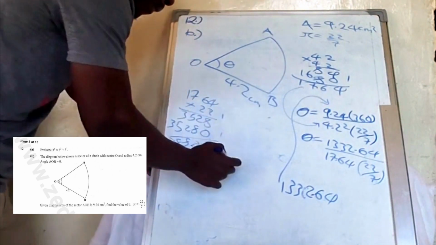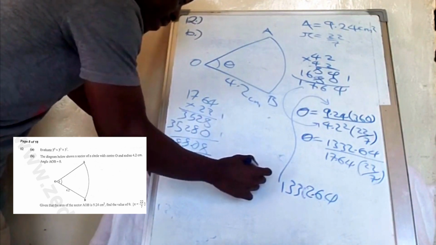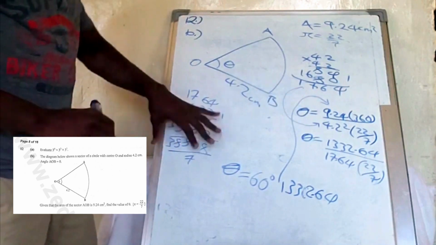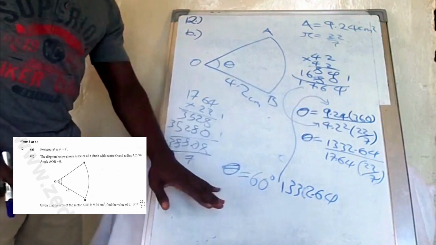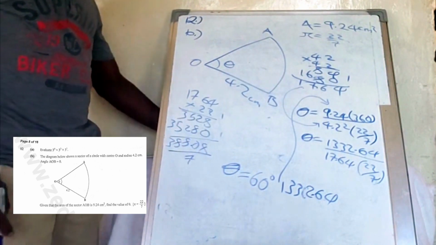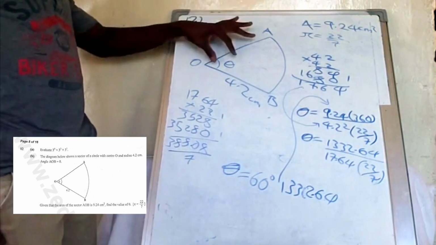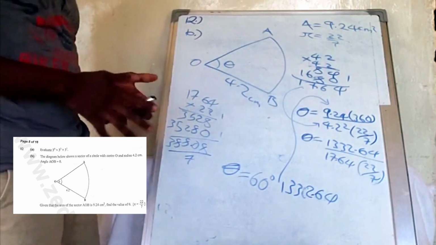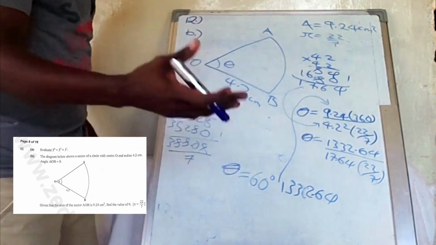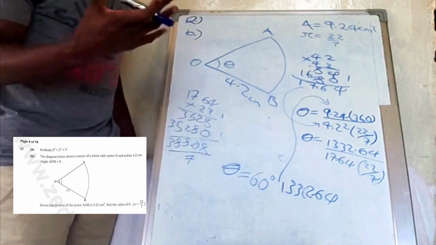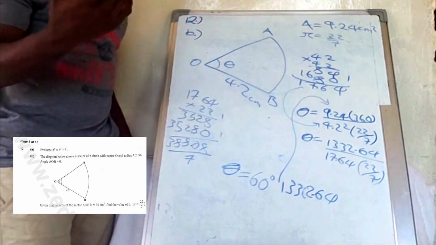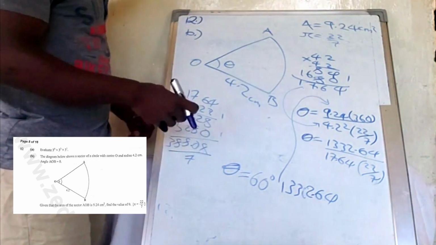Our final answer should be theta is equal to 60 degrees. So if you continue with the math, you find that your angle is going to give you 60 degrees. And that is how you find the angle that we have in the middle there. So it's all a lot of math that you have to deal with, mental math. You have to do the calculations, the additions, the multiplications, and all that. So we can move on to question